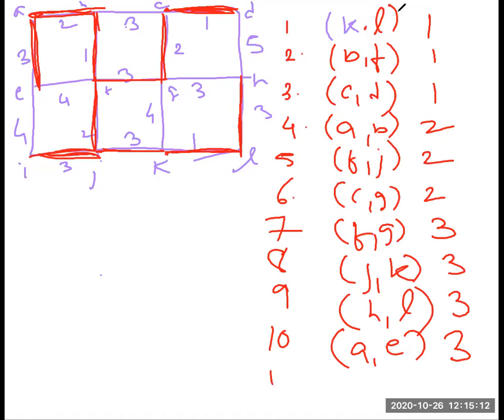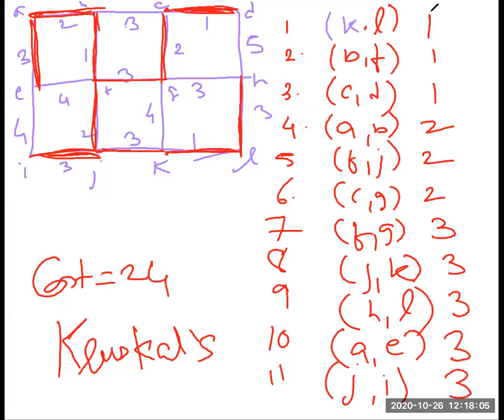Check whether your graph has any circuits. No. And check that all the vertices of the tree are connected and visited. Now you can add it. So 3, 6 plus 3, 9, and 9 plus 15. So you get the cost of the tree to be 24. So this is basically Kruskal's algorithm.